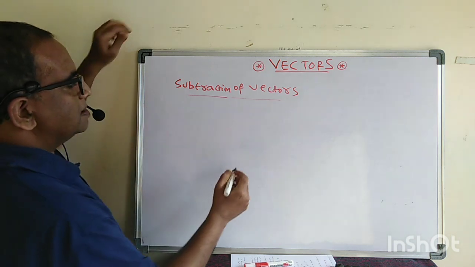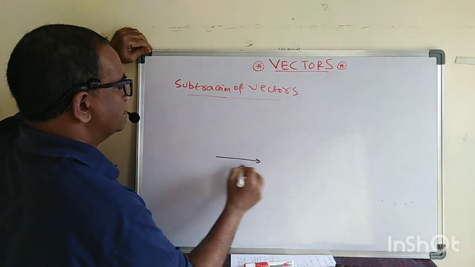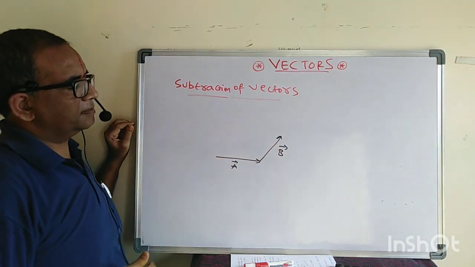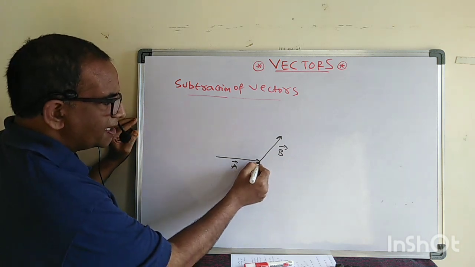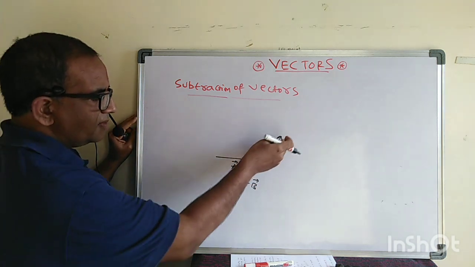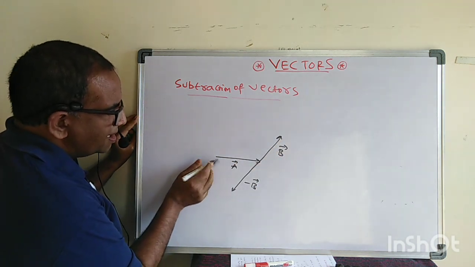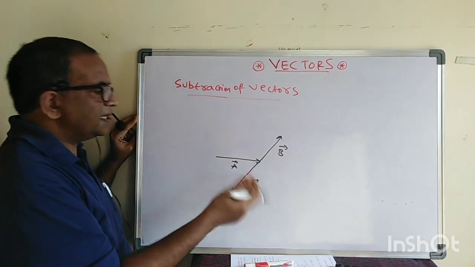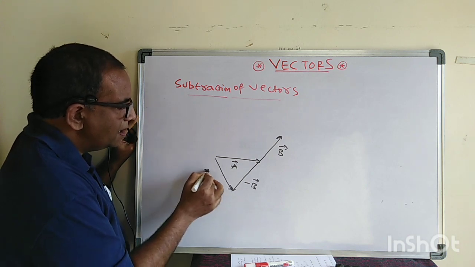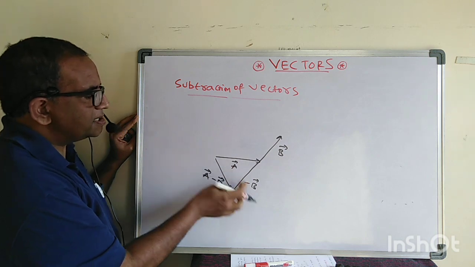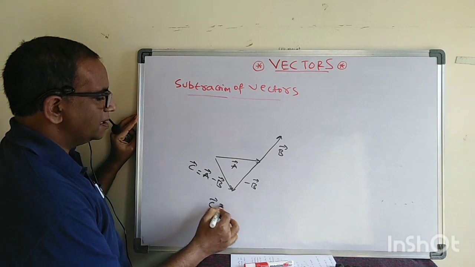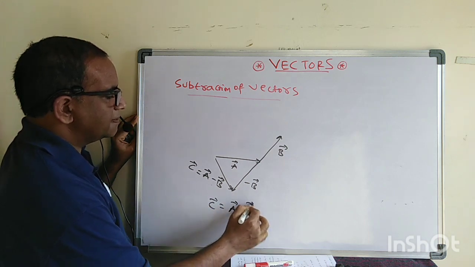See, observe here. This is one vector A. Okay, this is another vector B. Okay, this is A and B. Now see, let us take the negative of vector B, that is nothing but minus B. Okay, see here the negative of vector B, and let us see what is the subtraction of A and B here. See carefully this one. See here A and minus B, because A plus of minus B is what? A plus minus B. Means that this one is C here. So what is the C value you got here? It is nothing but A minus B.